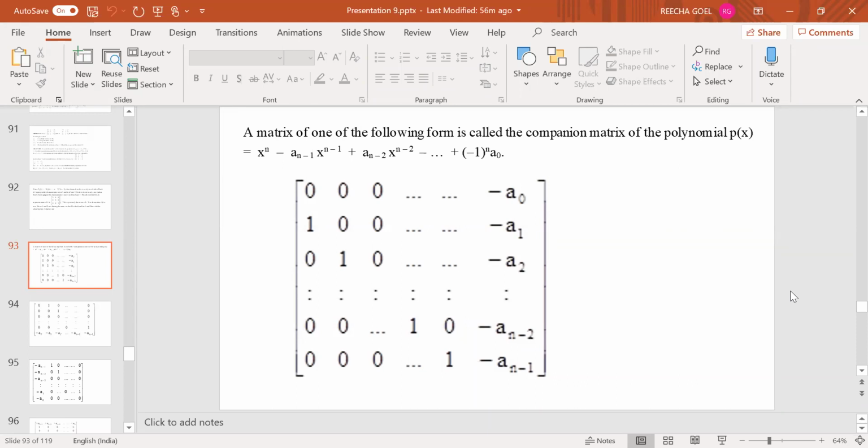Among all these operators, the most important were the Jordan forms of the operator. Under Jordan form, we have seen that the important role is played by the minimal polynomial. If you are given a characteristic polynomial of the matrix, then we know the different sizes of Jordan blocks. But if you have the minimal polynomial, then you know the maximum size. What is the maximum size of a Jordan block?